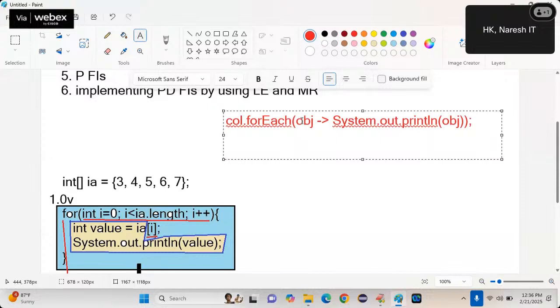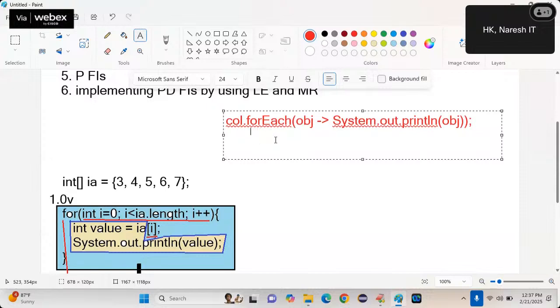Now what is happening here? The forEach method takes the first object, gives it as an argument, and prints. It takes the second object, gives it as an argument, and prints. It takes the third object and prints. Tell me, is the forEach method called multiple times or only one time? This is a confusion point. How many times do you call the forEach method? One time. It implicitly contains a cursor, an implicit iterator. The forEach method is not called multiple times. You call it only one time, but it executes the internal logic multiple times.